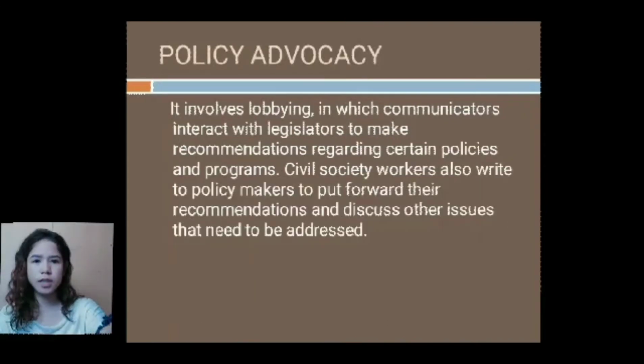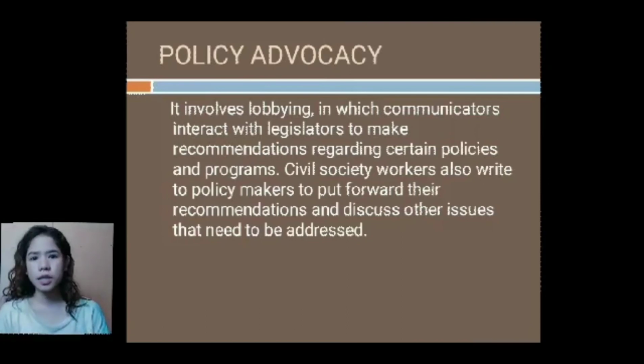Next one naman ay ang policy advocacy. Ano ba yung policy advocacy? It is a set of targeted actions directed at decision makers in support of a specific change. So, yun yung mga paraan o yung mga kailangan gawin para mas mapabetter yung isang society, tapos dadalhin sa taas para ma-implement talaga siya, like para maaprubahan at magawa na yung mga plano na para mas mapabetter yung isang society.